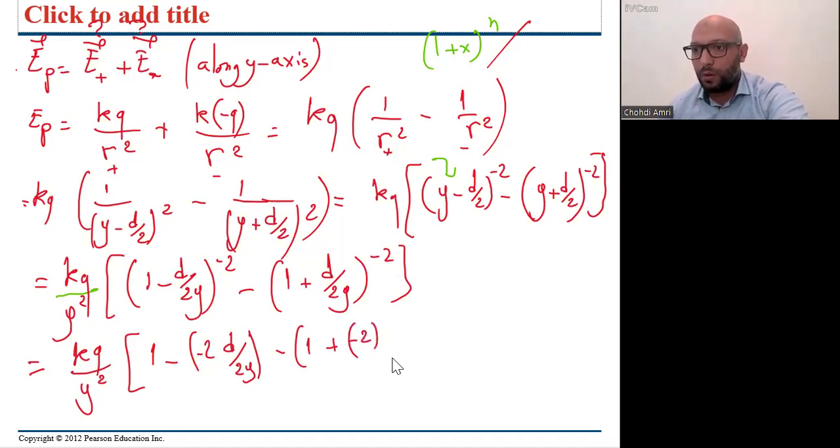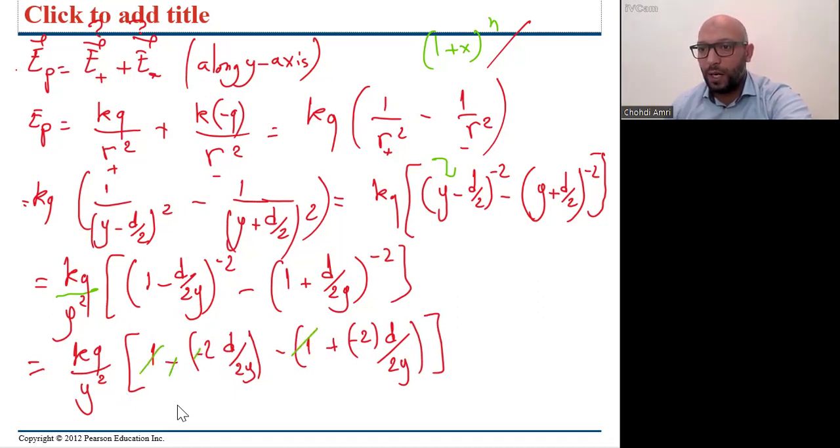Minus 2d over 2y. What we're going to do for this one and this one, they will be cancelled: negative sign and negative sign, 2 and 2. So the result would be,